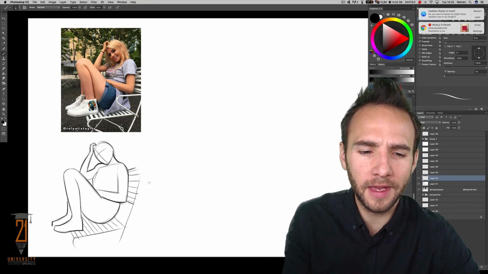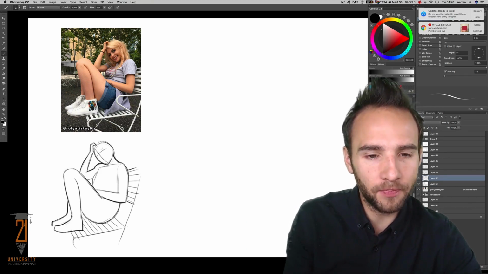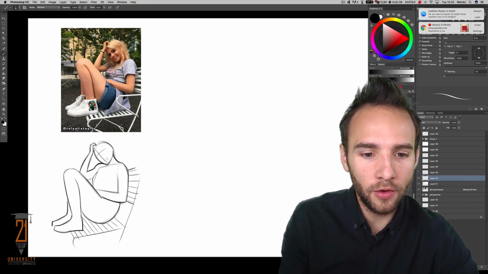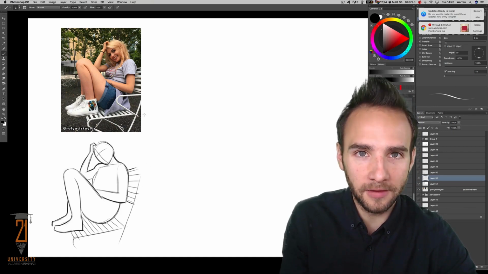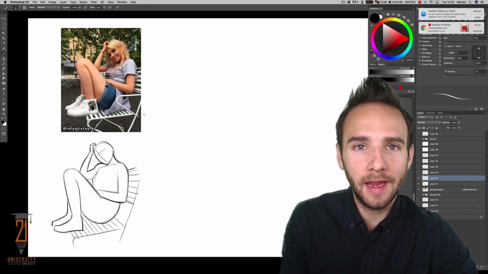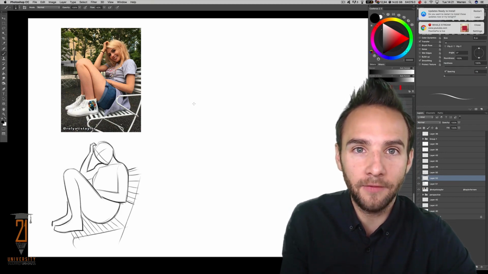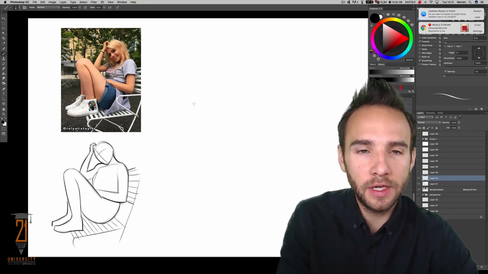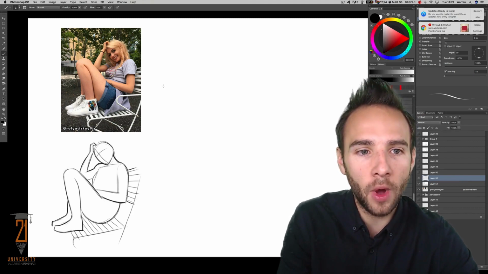To start off, you can start anywhere you want, really. I'm going to start with the upper torso. So yeah, I'm going to start at the arm. And the first thing you need to identify, since now you're working with perspective, is where your eye level is at, because that pretty much decides everything from there. And already just from looking at the photo, there are a couple of giveaways. The most obvious one being